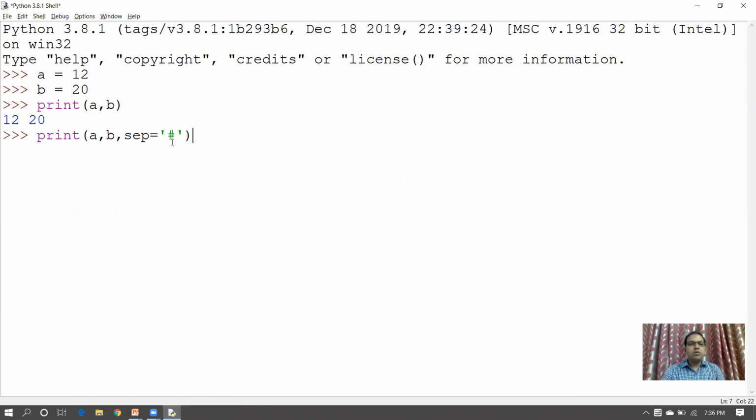Okay. So now whenever your value will print, first of all, A will print, after that the separator. Now I have changed the separator from space to hash. So now you can see that 12, and after that hash symbol, then 20. Similarly, if you don't want any space after a value, then you can write sep is equal